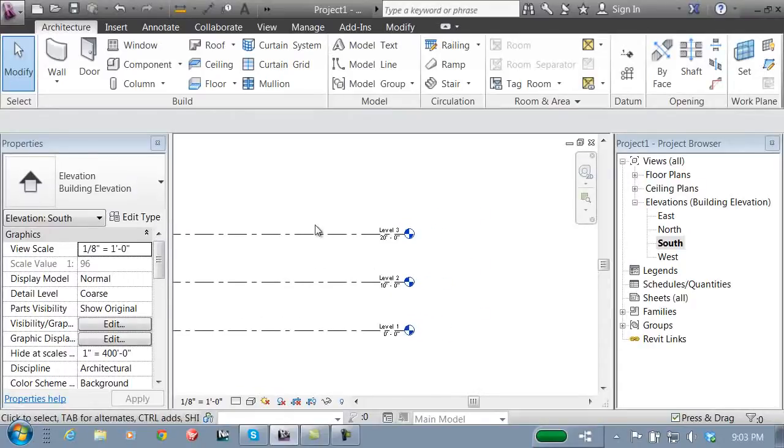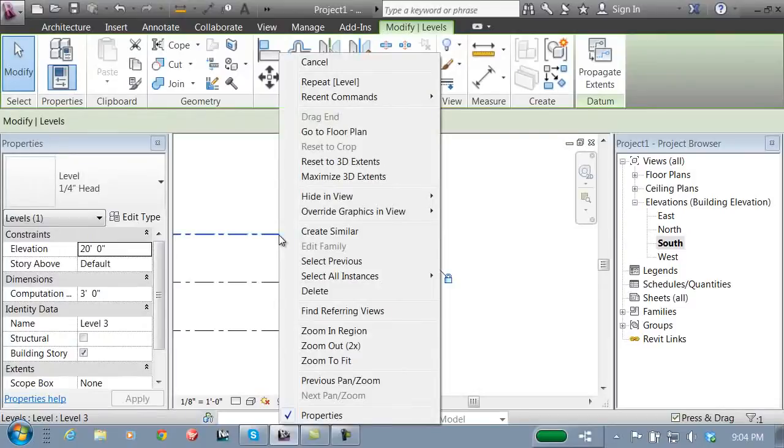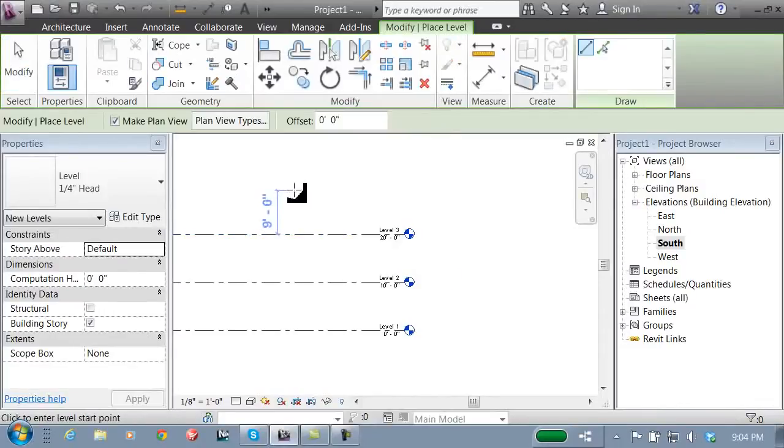There is an option where you can create levels, and I want to show you a shortcut, which is that you can right click on any object that you've created inside Revit and say create similar. So this way I don't need to even go look for it on the ribbon. I can simply say I'm going to create another. The option in the interface here in the options bar is that I can check off the command that says make a plan view. That would mean that when I create a level in my project,